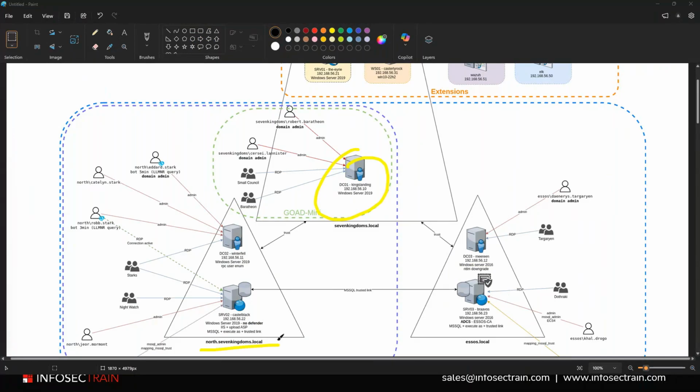Another one is north.7kingdoms.local and Essos.local, right? Where there are multiple users like Eddard, Catelyn, North, Jon, Nightwatch, Starks, right? They are the admins. Then here, Danny is the admin, right? Dothraki is the admin. Khal Drogo is the MySQL admin, right? There are servers, Server 1, WS01, Wazuh, and ELK also installed for